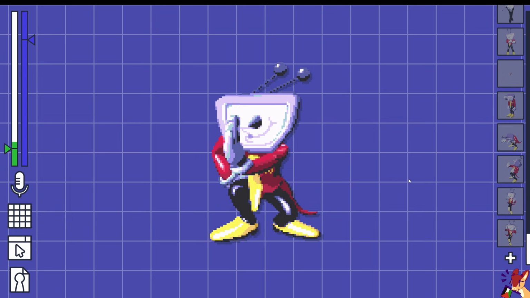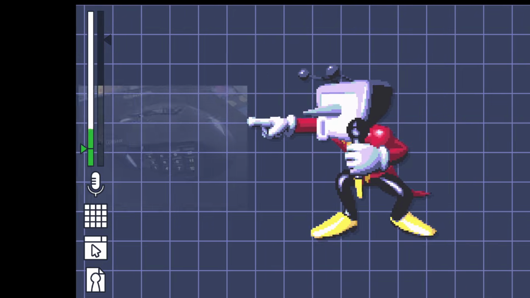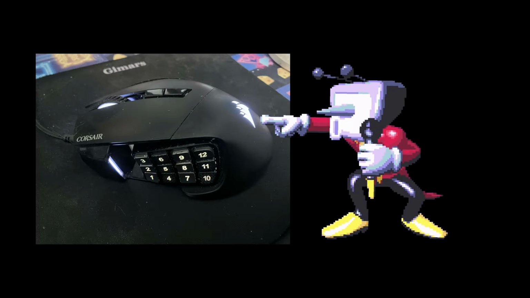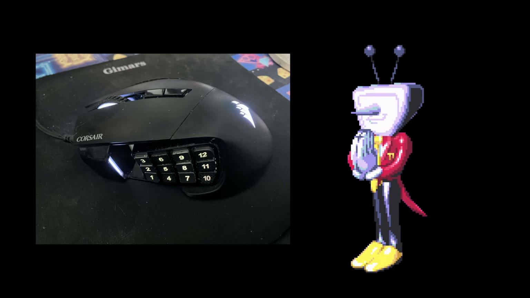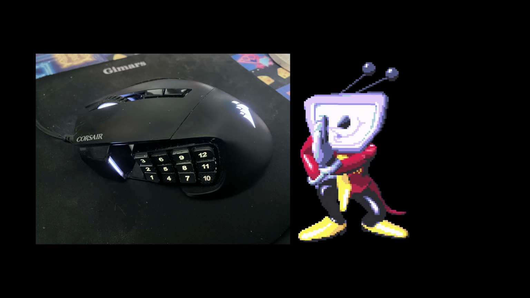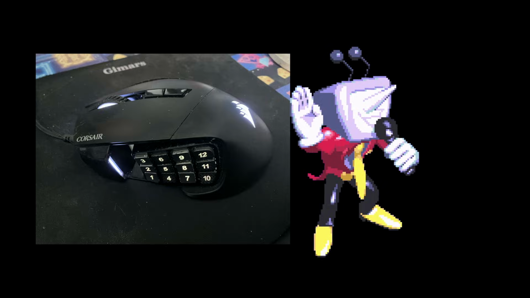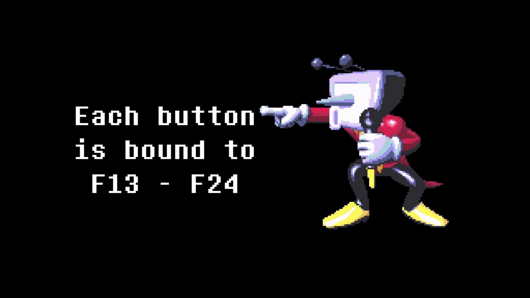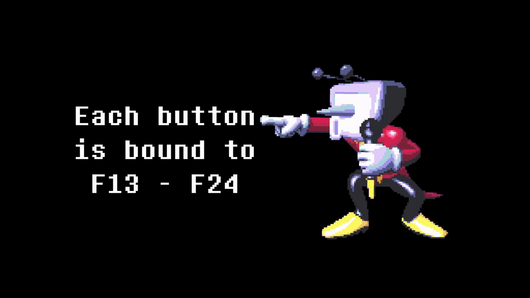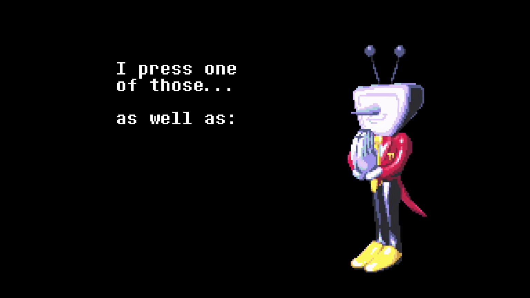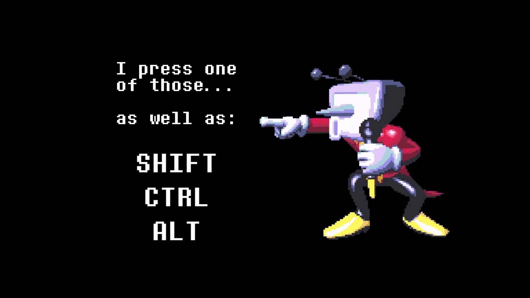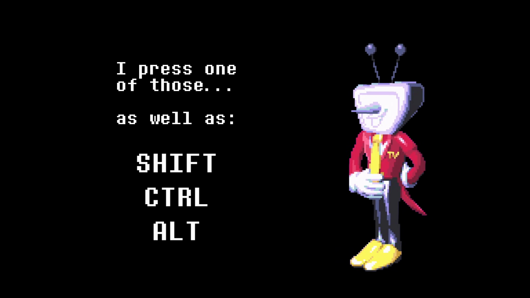Well, I'll tell you a little secret. It's using this handy-dandy mouse over here that has like 12 different buttons on it. And then, in order to get it to work, I basically have them all bound to different function keys, from function 13 to 24, and then I press Shift, Control, or Alt in different combinations in order to get specific